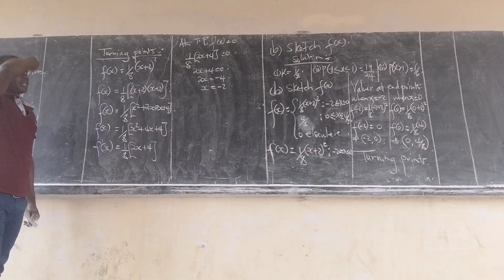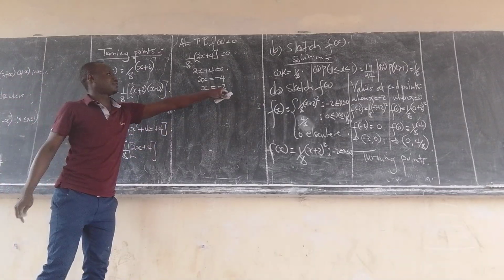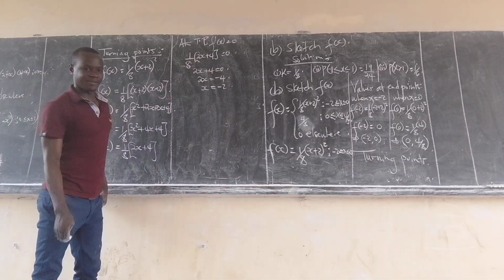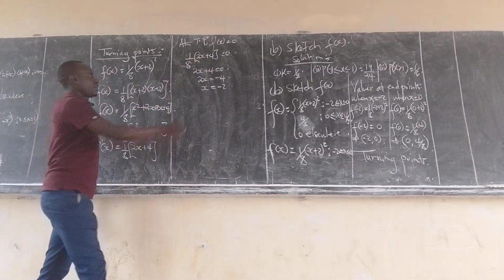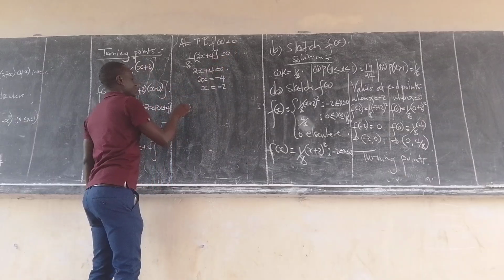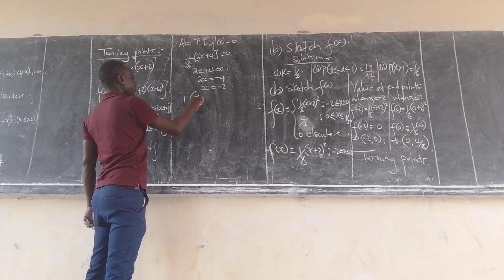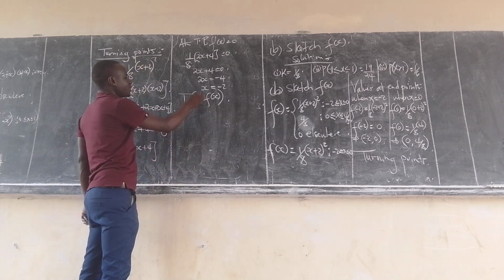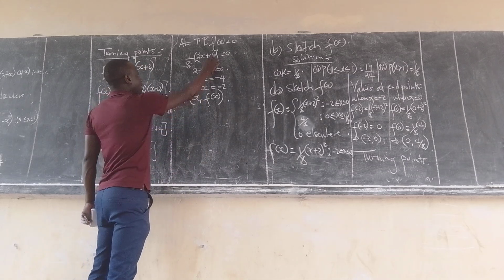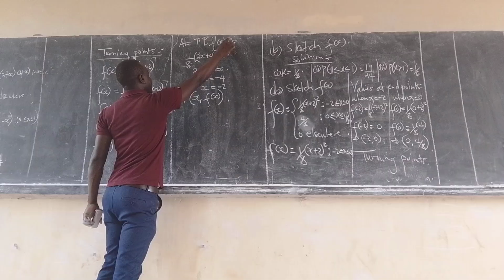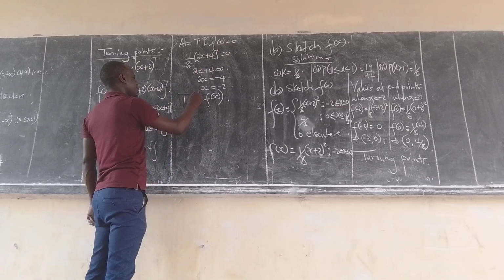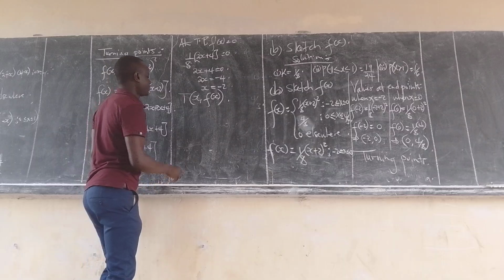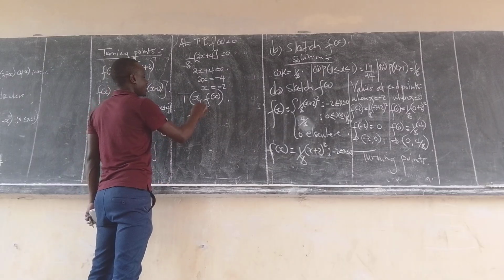The x-coordinate of the turning point is negative 2, because this is what we obtained after equating the first derivative to 0. Now the turning point must be in the form x comma f of x. So having obtained the x-coordinate, we are now going to put it in the original function of the PDF. So our f of x is